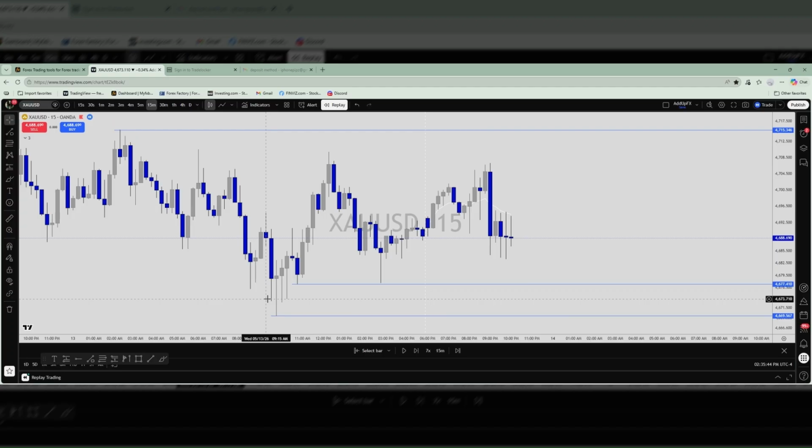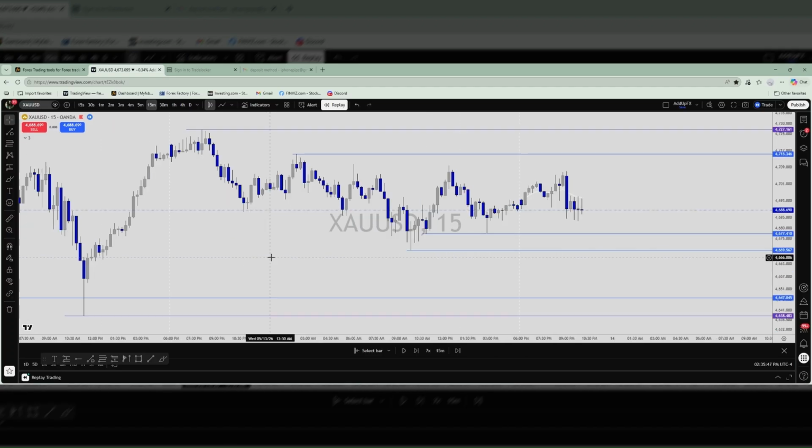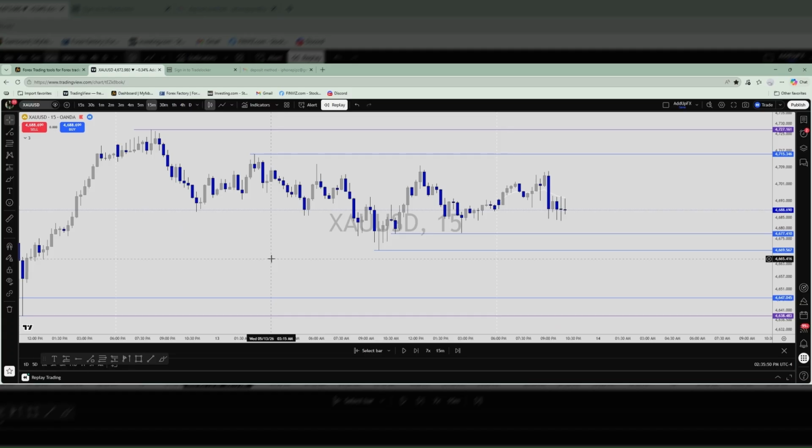And it ain't really easy to tell. I mean, it's taking liquidity, but it's not taking full liquidity at the time, right? So what I mean by that is like this internal liquidity was grabbed. It grabbed that liquidity, but not this. And then it ran down. But it didn't grab this liquidity. Then it ran up. So it is being weird as hell, low-key. It came back into this fair value gap, ran down, took this liquidity.